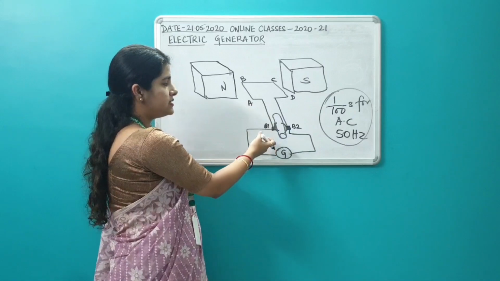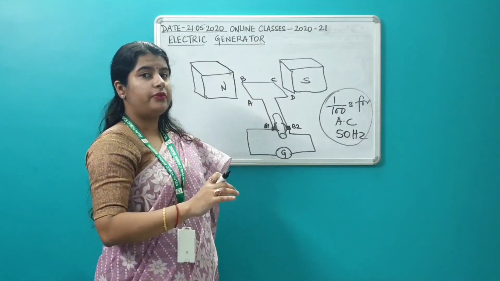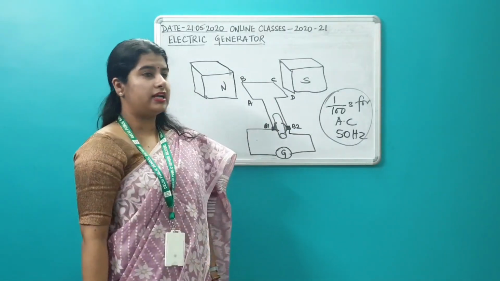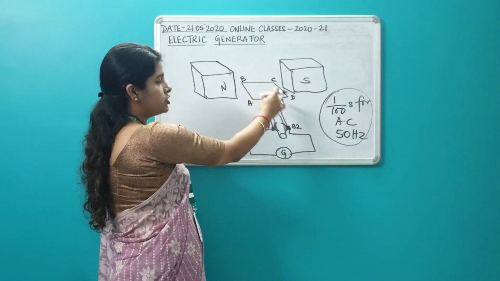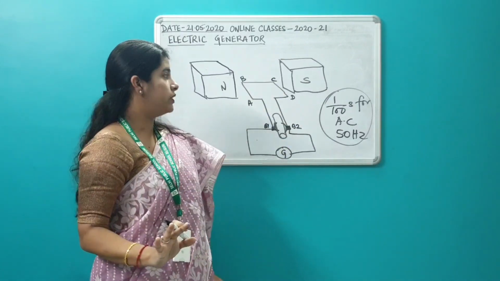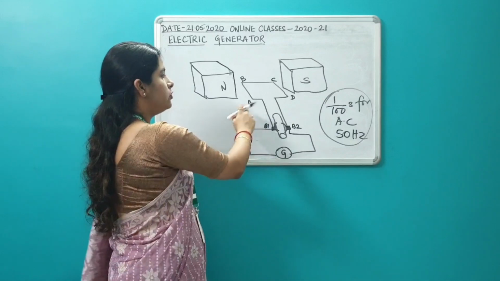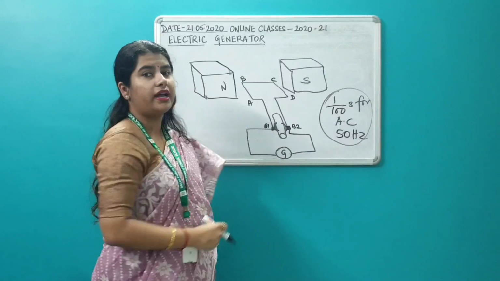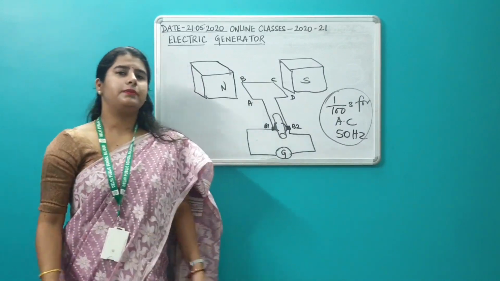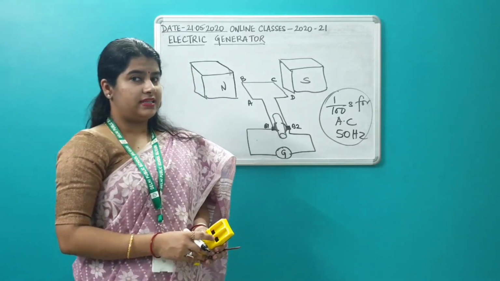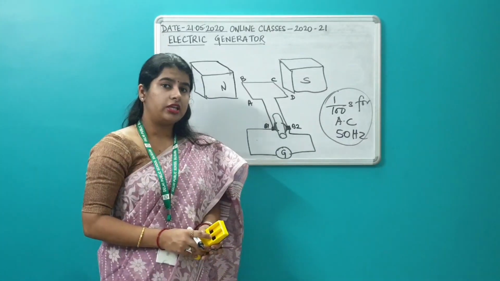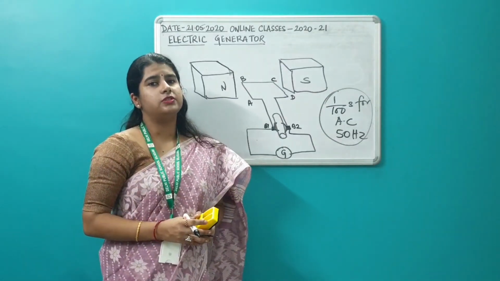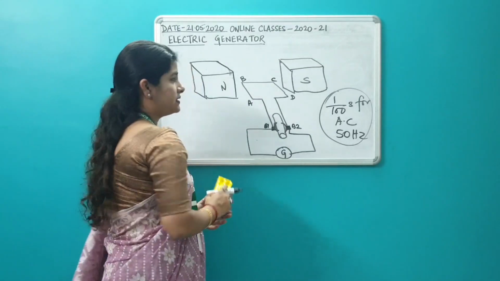So in case of DC, you can see that from the AC generator, the slip rings are replaced by a split ring commutator. And the direction of current is always in one direction. Okay, if the current flows from ABCD, it will keep on flowing in the same direction from the brush B2 to B1 in the outer circuit. So this is the basic difference between your AC and DC generator. But in your NCERT book, you have only the diagram of the AC generator and the very basic difference between AC and DC generator. That's it.